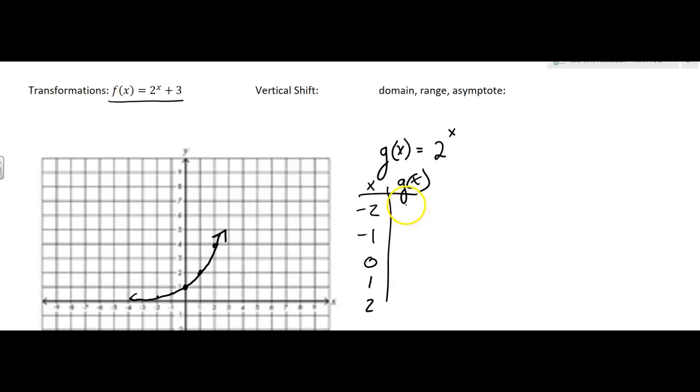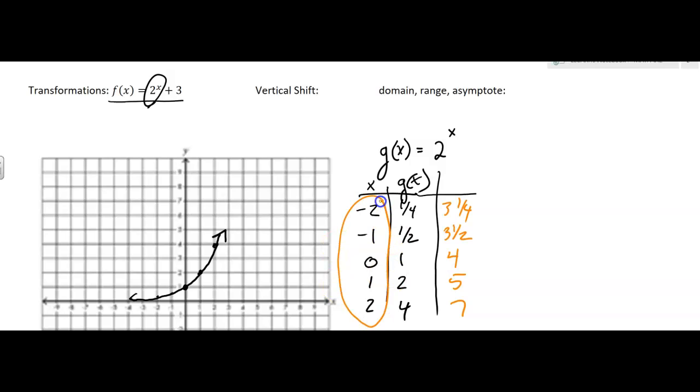What did we have? 1/4, 1/2, 1, 2, and 4. Okay, now what's going to happen is I'm going to take all of those outputs and add 3 to them. So then I'm going to have 3 1/4, 3 1/2, 4, 5, and 7. But remember, I'm using the same input, okay? So it's going to be